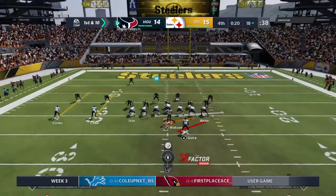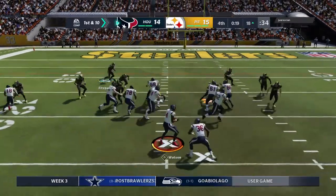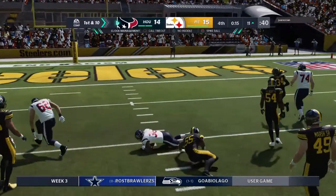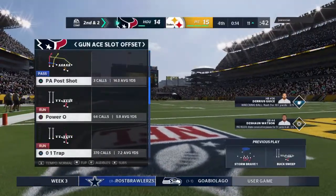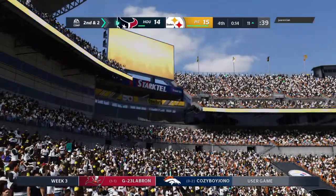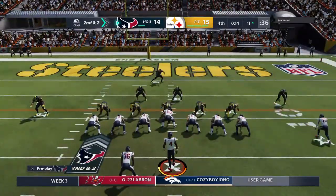So from inside the 20, here's 1st and 10 at the 18. Now a run with Geis. And he gets it down close to the 10-yard line. Now the Texans will use one of their 2 remaining timeouts as they stop it with 14 seconds to go in the game. 8 yards the tally on that 1st down run. Here's 2nd and